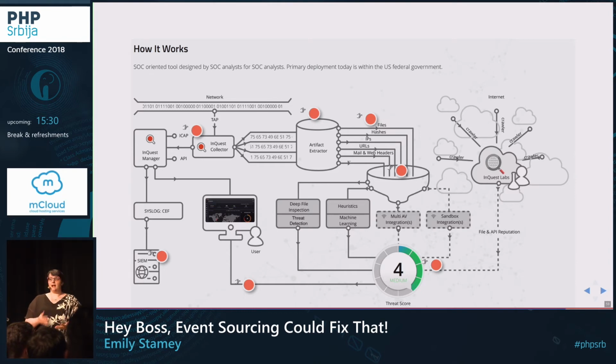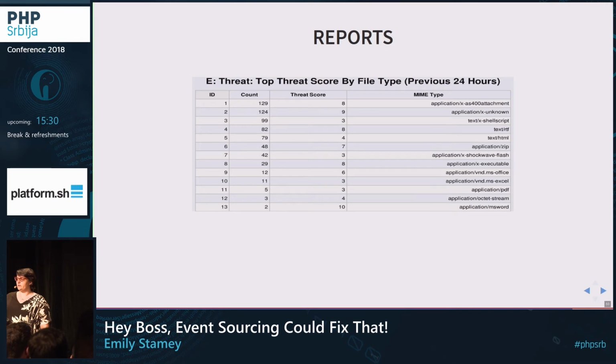So it's kind of hard to change your schema when you have so many moving parts and when one small schema change affects 2 to 5 different code bases, depending on what it is you're working on. So we're trying to find a way of bringing in event sourcing to improve some parts. One of the main parts is our reports, because that's a big part of what we can let our customers know. In these reports, this one, for example, shows the top file types that have been causing problems.